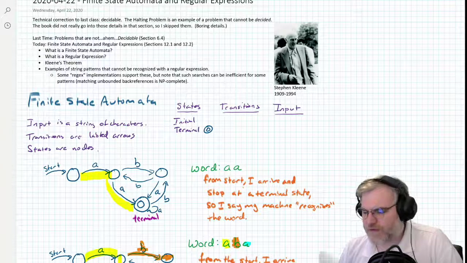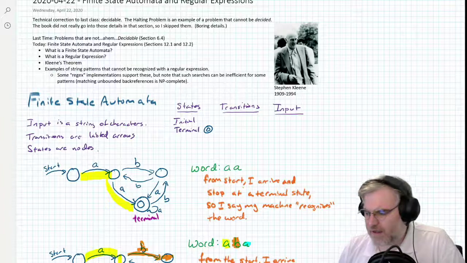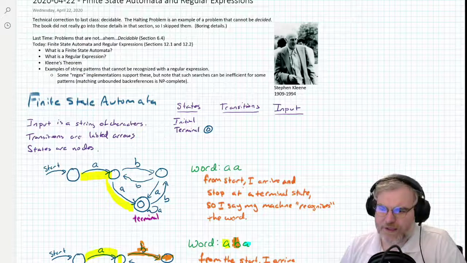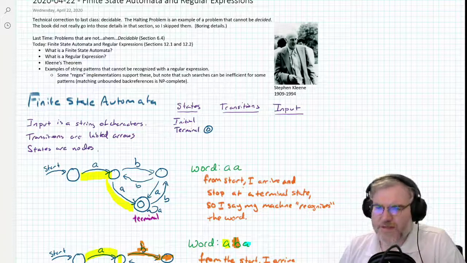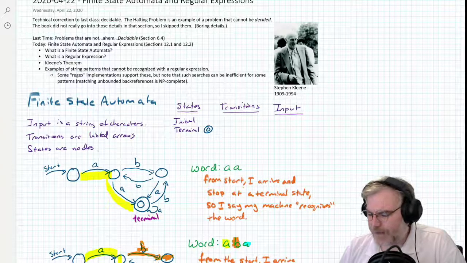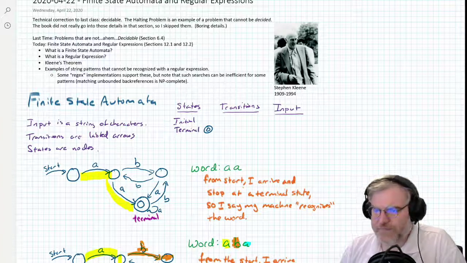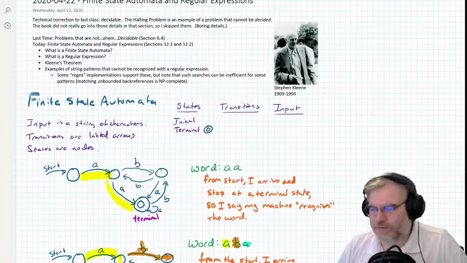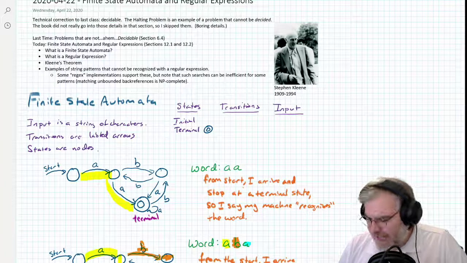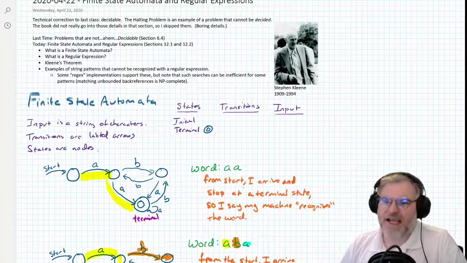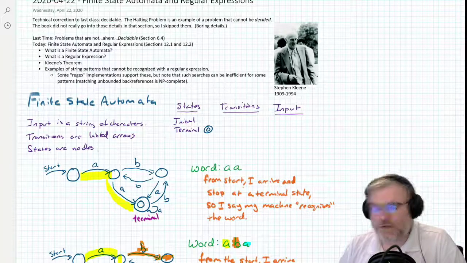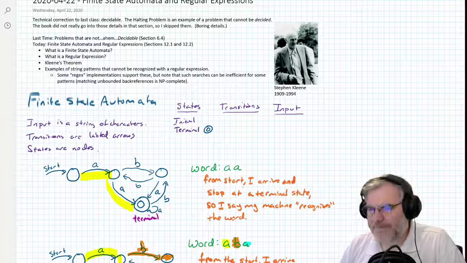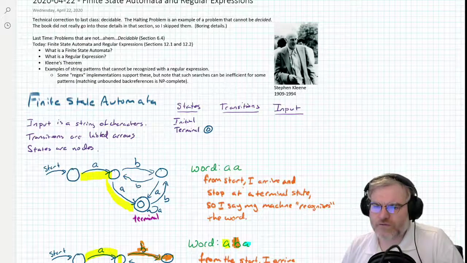But again, there's this note that some languages support things that aren't really regular expressions, but have additional features. But those features can be inefficient, especially compared with regular expressions. And the whole point, and you will get your fill of regular expressions in your career, is that these things are really, really efficient and they correspond to finite automata, so you can make them fun. Okay. Are there any more questions?